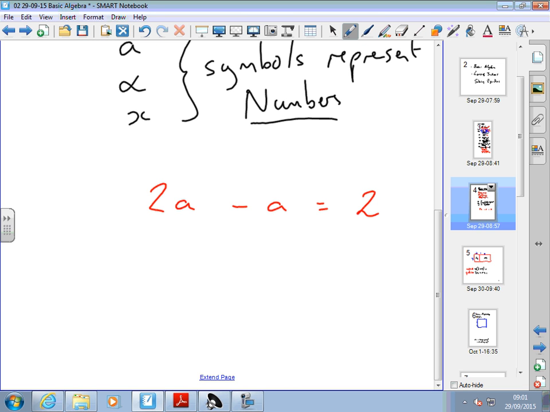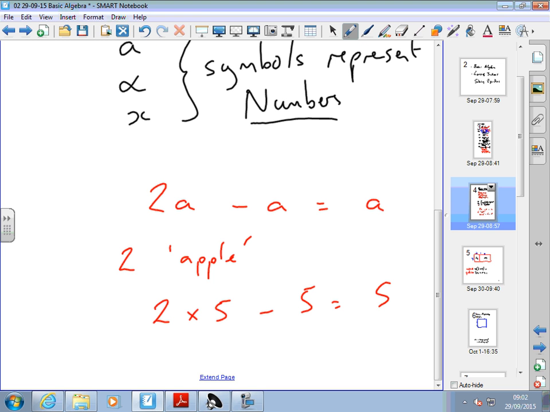Right, so that's like I've got a number 2 there, and I've got an apple, say, for the A, sitting on the table. Take away the apple, what am I left with? 2, okay? But what that means actually is 2 lots of a number. We don't know what that number is. Let's say it's 5. So what that means is 2 lots of 5. So if I take away 5, I must be left with 5. In other words, 2A minus A, 2 lots of A, take away 1 lot of A is A,